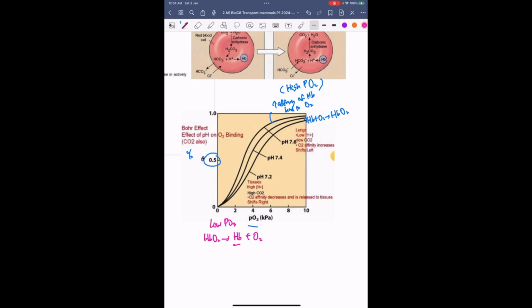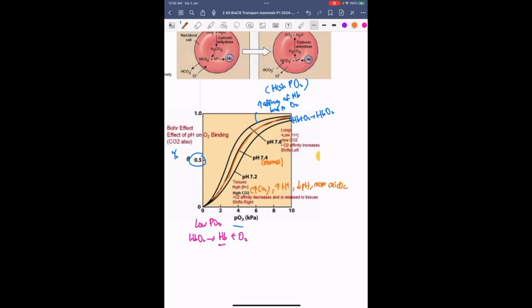So as you can see, this is the normal graph. Here the pH 7.4 is the normal graph. This pH 7.4 refers to the normal situation, which is a normal blood pH. But what happens if there's an increase in the amount of carbon dioxide? Carbon dioxide is an acidic gas. So when you increase the carbon dioxide, you are actually increasing the hydrogen concentration, because you are reducing the pH,